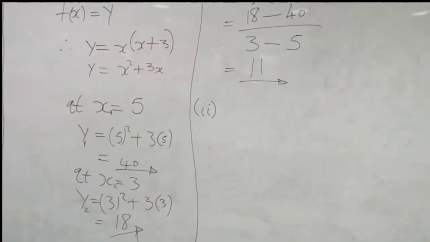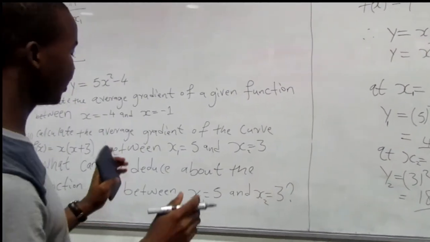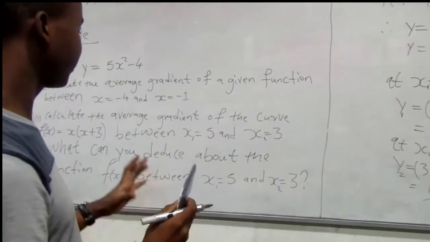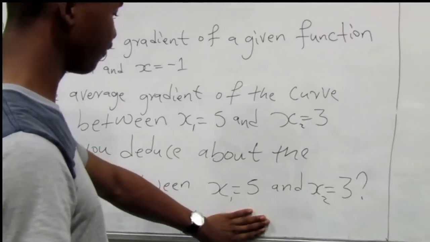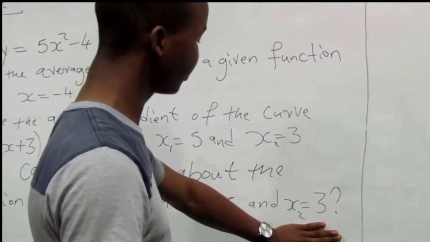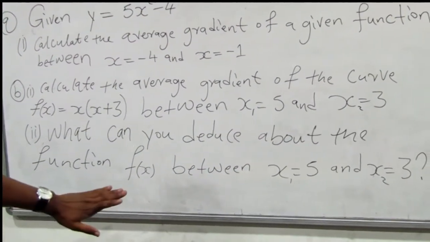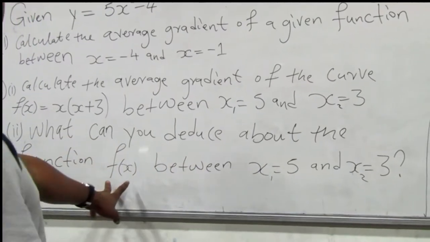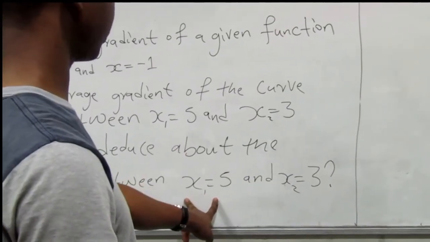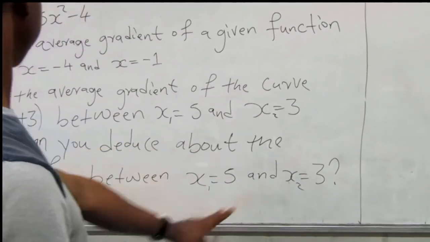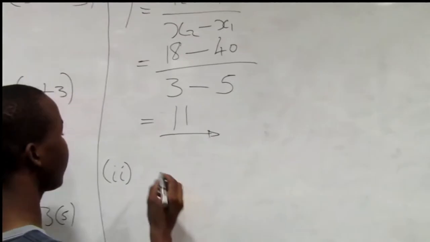The first one is x is equal to 5. The second one is x is equal to 3. Then you look up for each. After looking up for each, you look at the sign of each one. Our x1 is positive 5 and our x2 is positive 3 again, so we can conclude by saying we can deduce that f of x, because our x values are positive, this means that f of x is increasing. Then you can write it here,